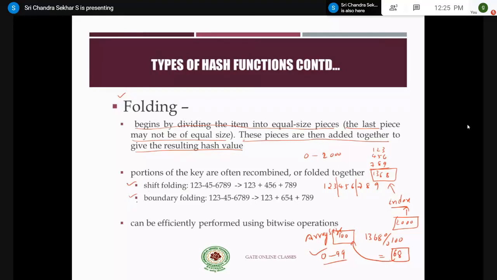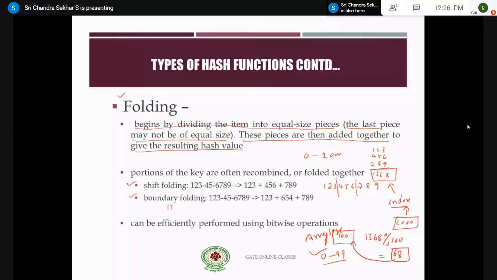And coming to the next point, which is called boundary folding. Boundary folding means you keep the boundaries the same, but you reverse the order of the middle part.